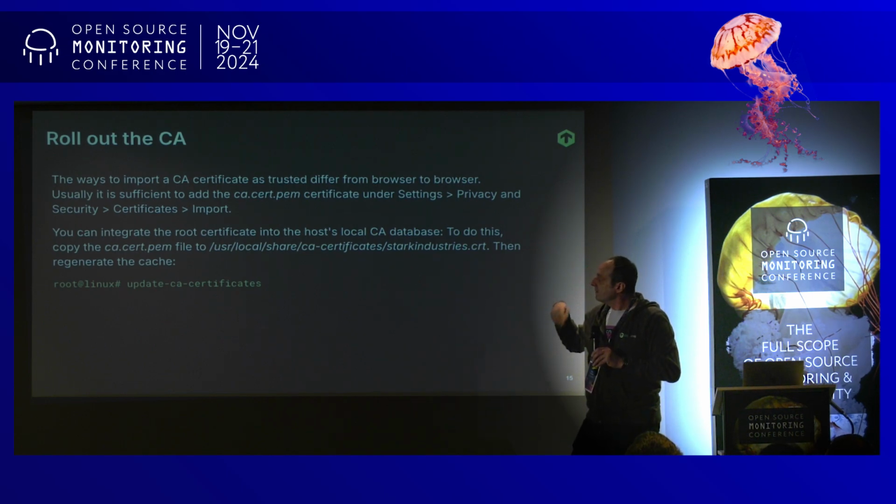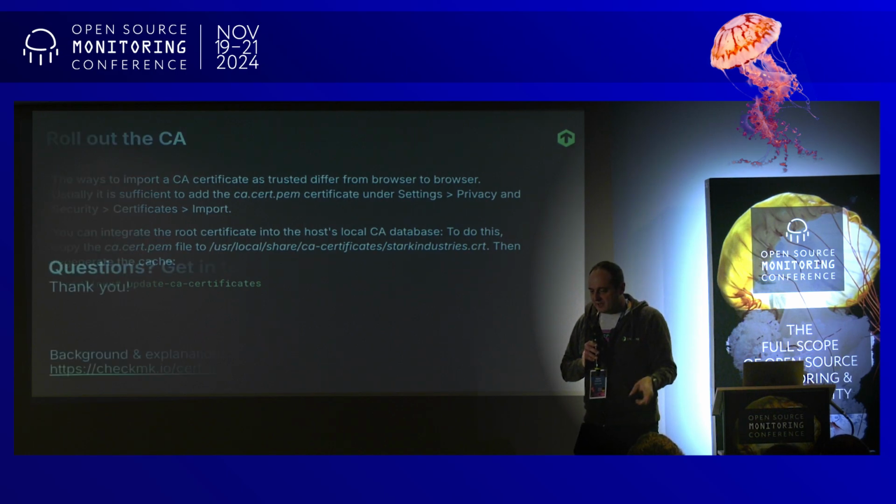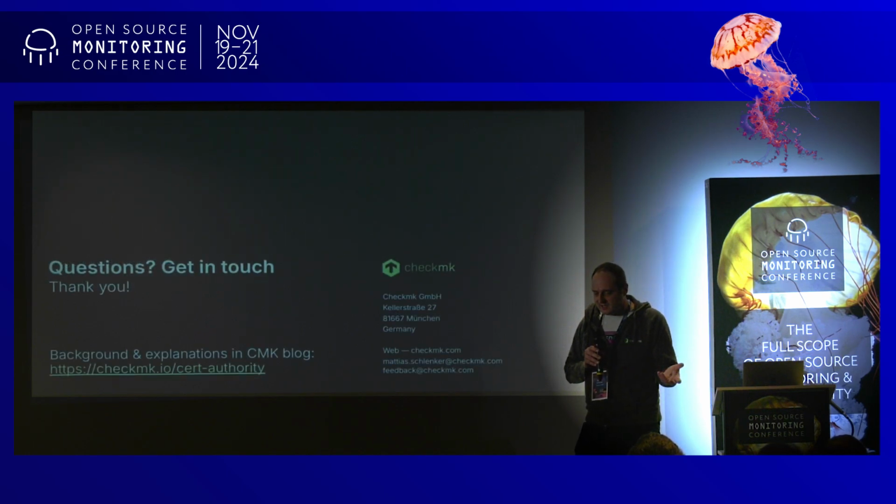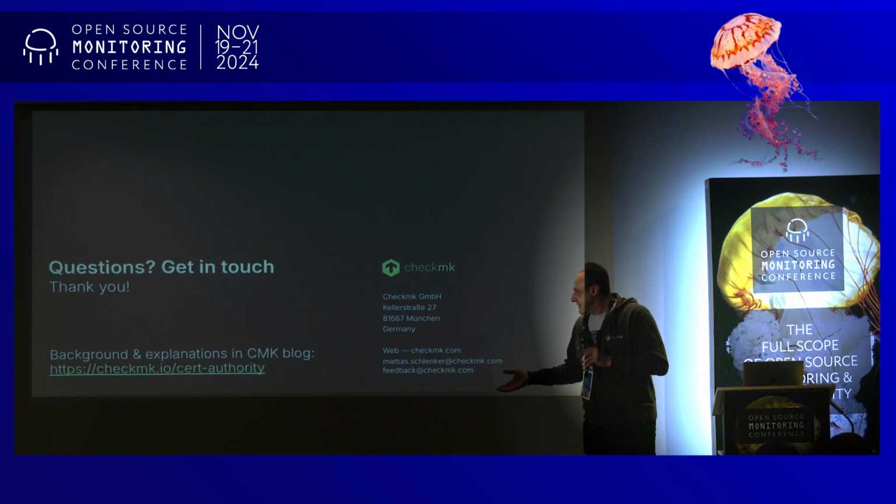Of course, to properly use the CA, you have to import the CA certificate. In browsers, it's usually done by the menus, and in the certificate storage, you usually add it to a folder and run a script to regenerate the certificate cache. And basically that's it. This Ignite talk is based on a blog article I've written some time ago,